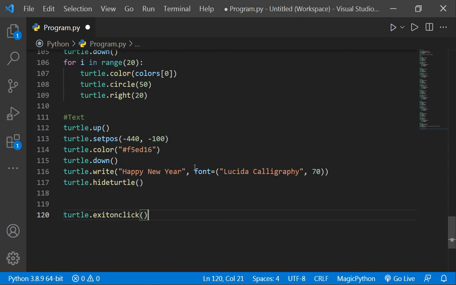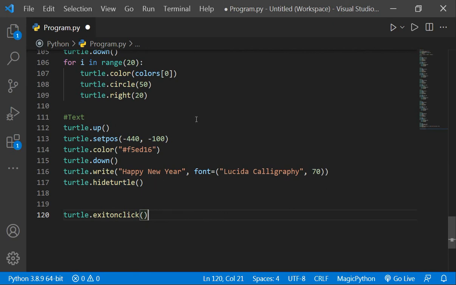And then we will write font equals, and inside the round brackets, we will first give the font, and next we will give the size. So I have given the font to be Lucida Calligraphy, and the second parameter, which is the size, I have written 70.